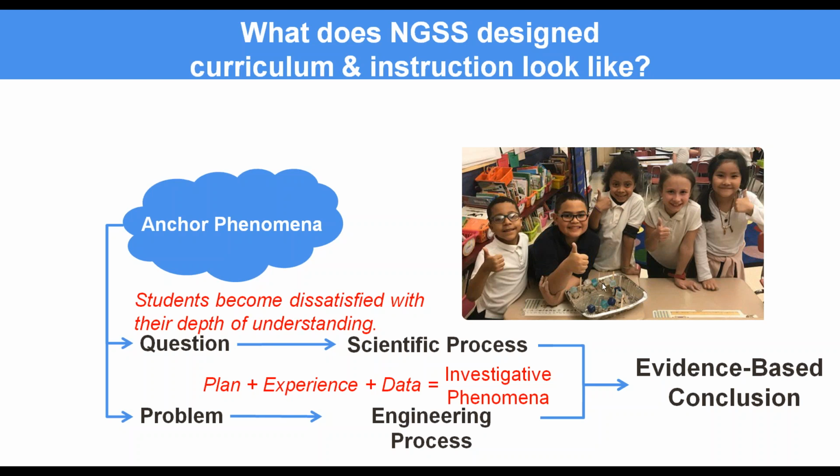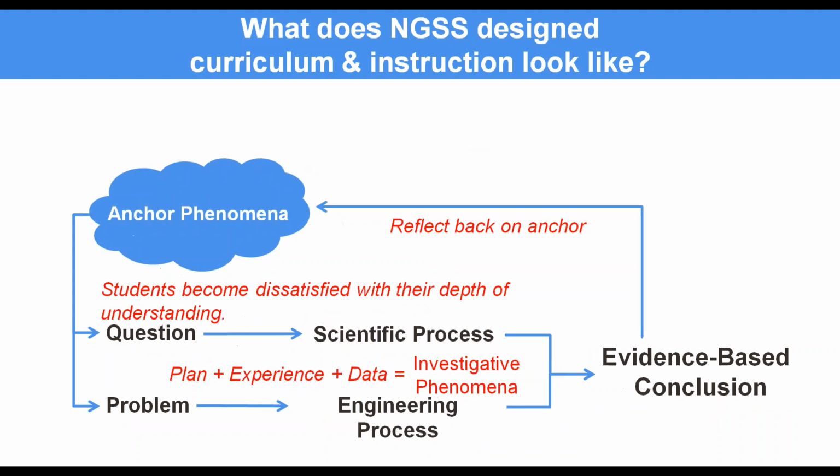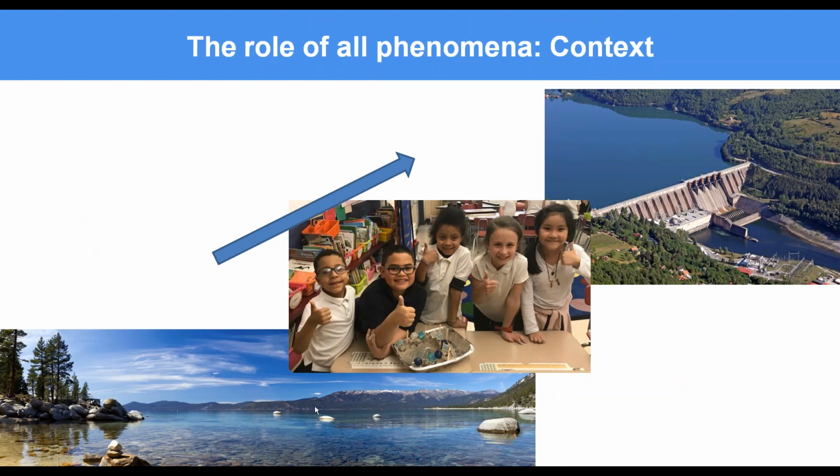In this case, these students could form an evidence-based conclusion about how to construct a dam or levee, the things that impact how water flows, important considerations. And so what can happen then is that they can reflect back on the broader context, okay? So depending on how you look at it, the students walk away with evidence to better understand the anchor. And so visually, you're starting with that anchor phenomena, coming to some point where we bump into the limits of what we know about something. We gather evidence to reflect back on that context